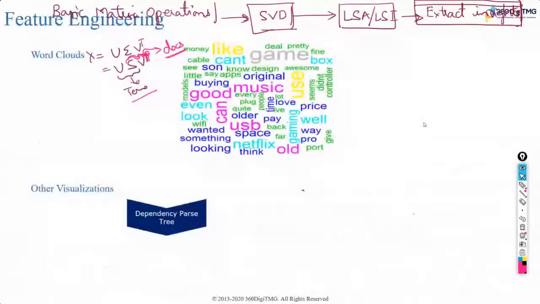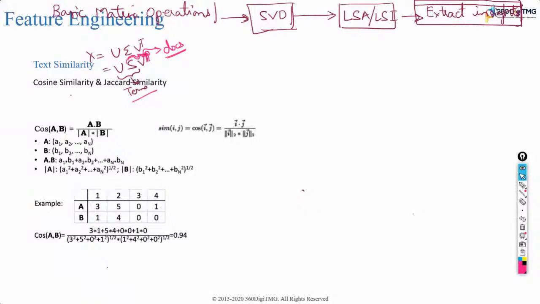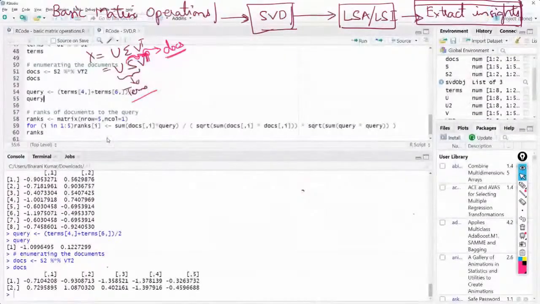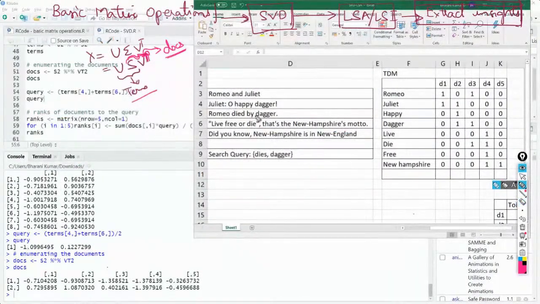Cosine based similarity is something that we have already discussed, which is a into b divided by a modulus into b modulus. That is exactly what we are going to do now. So what we will do is take all the documents, how many ever documents we have. How many do we have? Let's see. 1, 2, 3, 4, 5. Take all the 5 documents, one after another, multiply it with q.